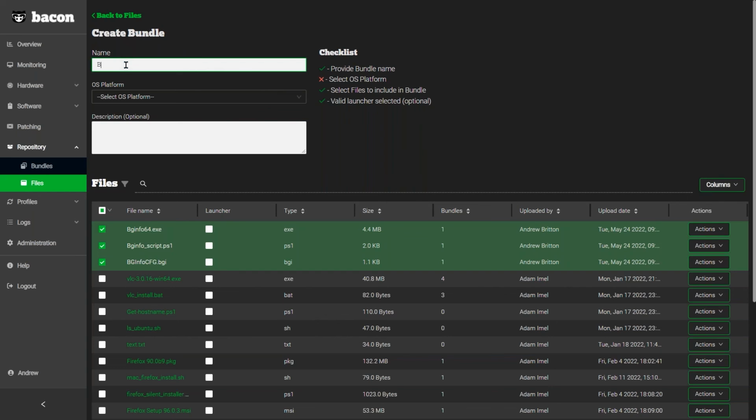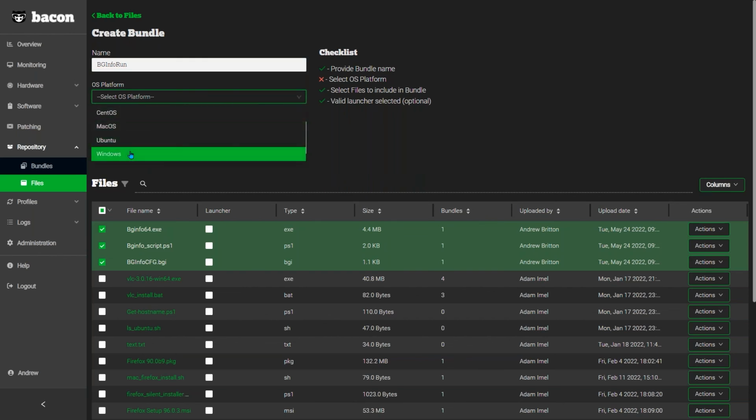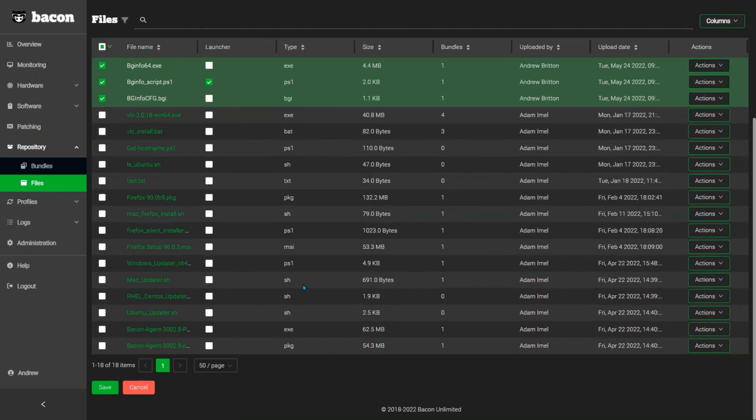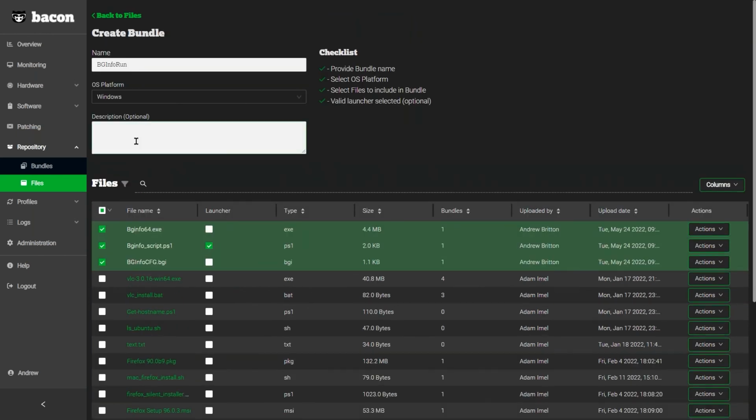You just have to grab the files, create a bundle and what OS it's for, and then choose what the launcher file is out of the 3. Bacon will do the rest. It will ensure that all the files get to the target systems, and it will ensure that they kick off, and it will log the heck out of everything, as it does in all of our jobs, so that you can easily tell that it was successful, or if it did have an error, what that is,